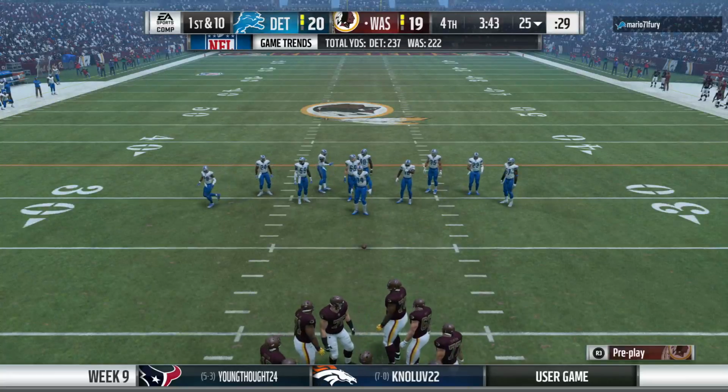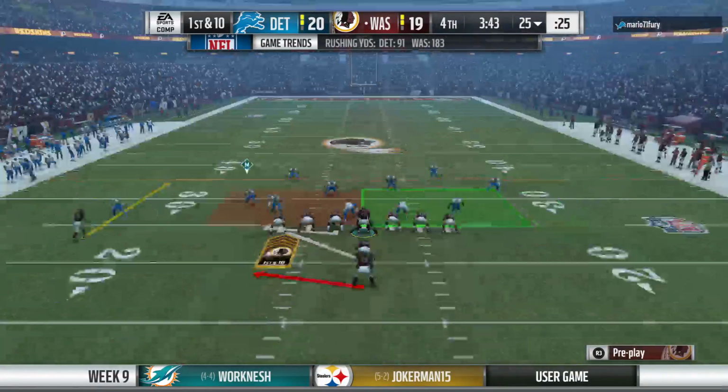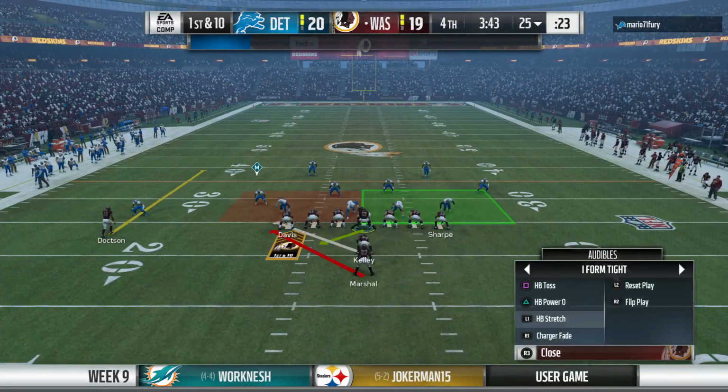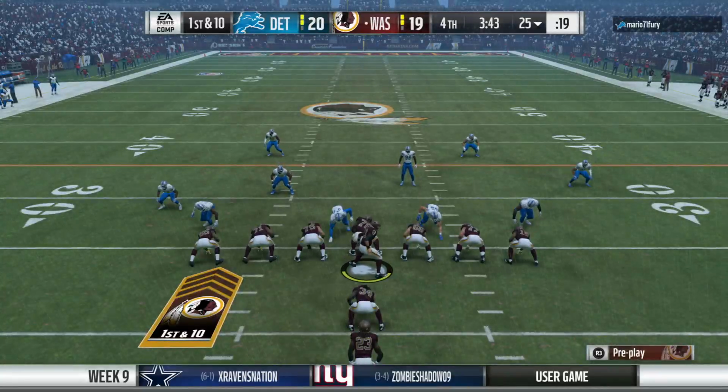Some good games going on in the early window. This might be the best of the bunch. Left, left. There we go. Left, left. Green, 39. Green, 39. Green, blue for the